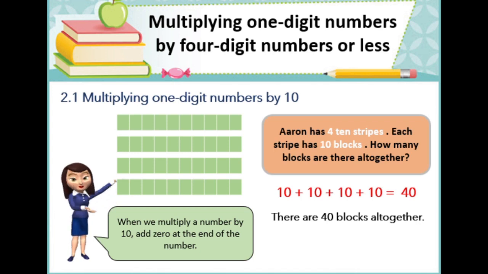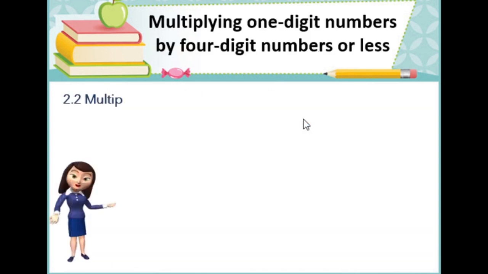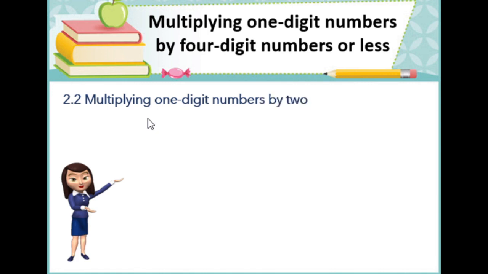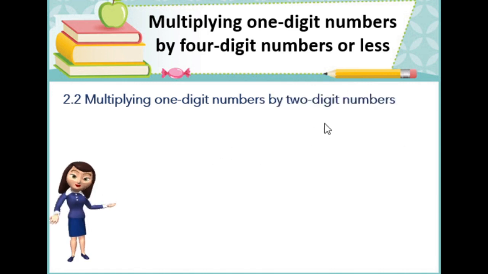Okay? Again, that is multiplying one-digit numbers by 10. Next, let's have multiplying one-digit numbers by two-digit numbers. So what are examples of two-digit numbers? That is from 10 up to 99. They have two digits each. For example,